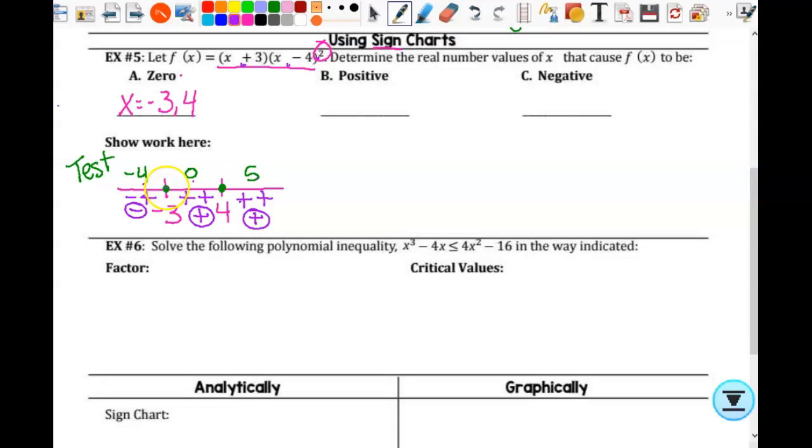Now I can't use negative 3 and 4 because if I use those, when I substitute negative 3 in here, I get 0. That's the whole point. At negative 3 and at 4, it is 0. But here's what we've decided, okay, that